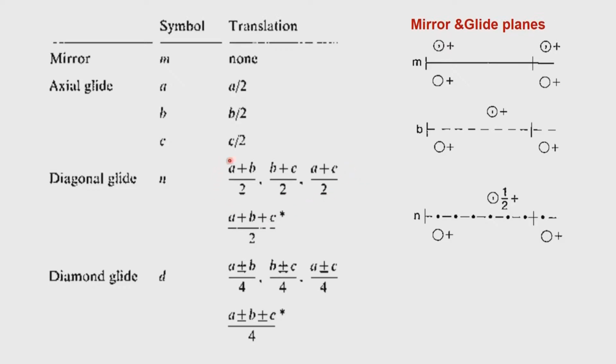Now, my suggestion is that you draw similar diagrams as I have drawn on the right side to see an n glide. Even though I have given an n glide, I would like you to mark the axes about which the n glide operation takes place. Suppose I show an n glide like this, where we have the operation taking it half plus. Now, this half plus means that we not only have the half translation in this direction, we also have a translation in the direction perpendicular to that, but associated with the plane. You see, this is the plane.